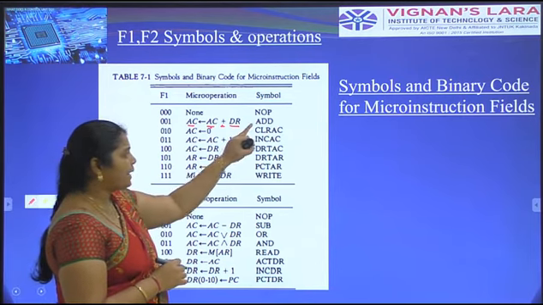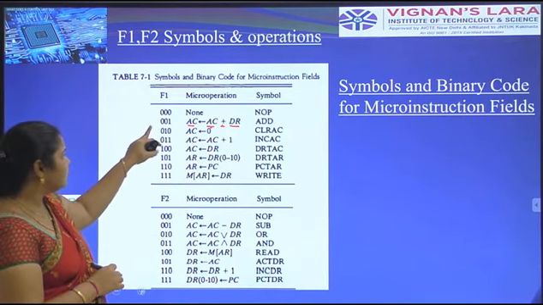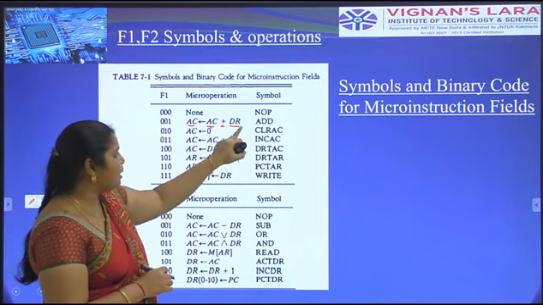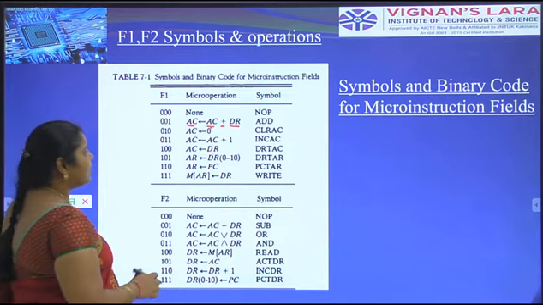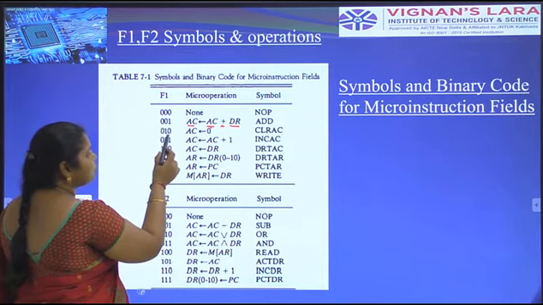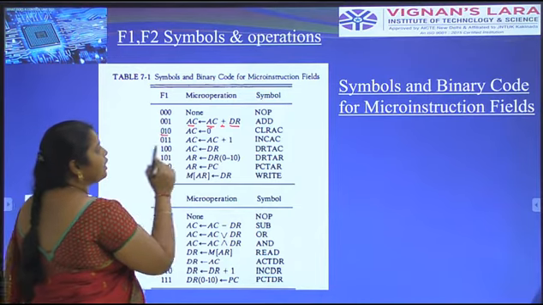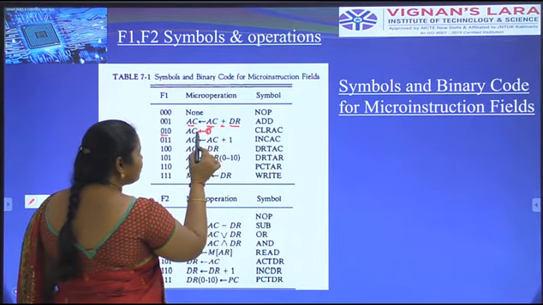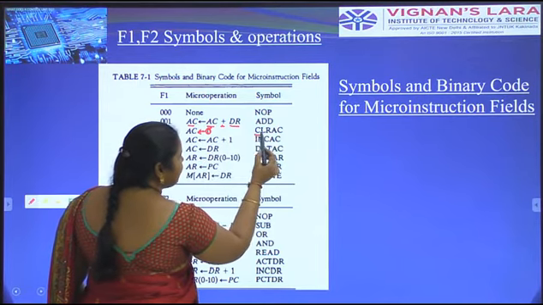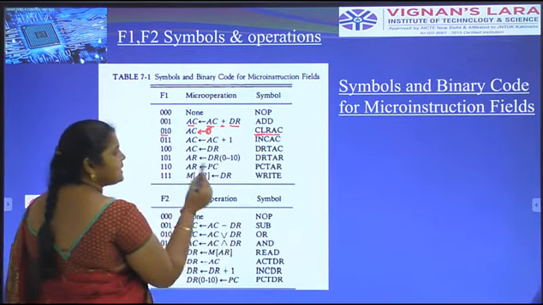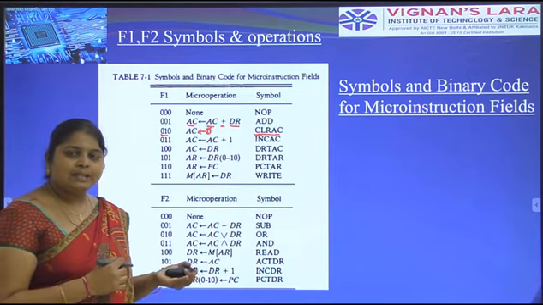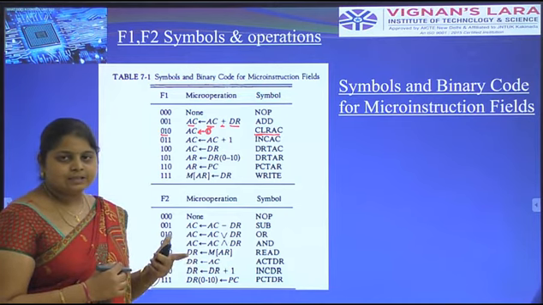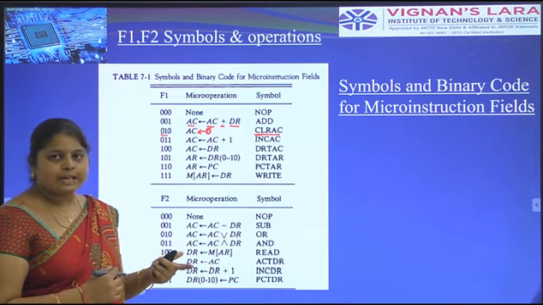Here the add operation is performed for F1 001: data register plus accumulator, that information is stored to the accumulator. Here we have to take 010, this is binary number 2. Here 0 is transferred to the accumulator. Here clear accumulator is performed. CLR AC means clear accumulator. In any accumulator there is some content. Here the operation is clear accumulator, that means the content of the accumulator will be cleared.